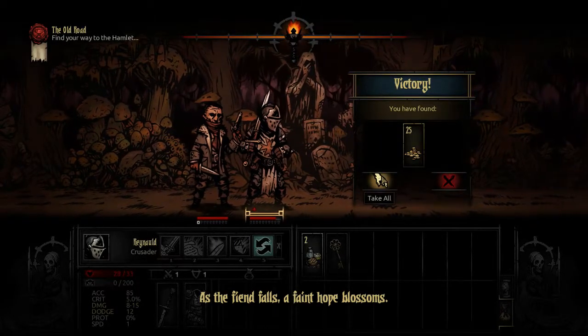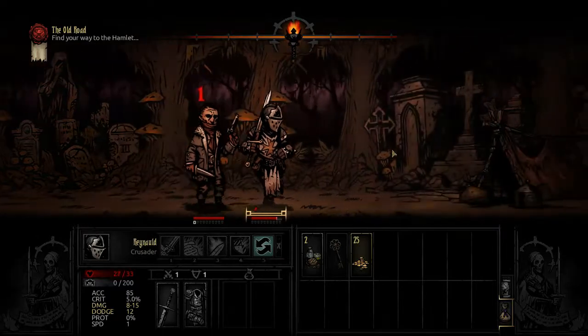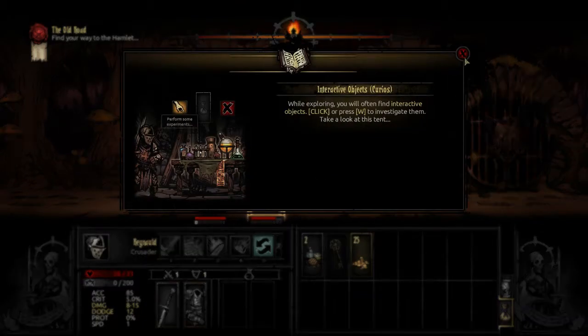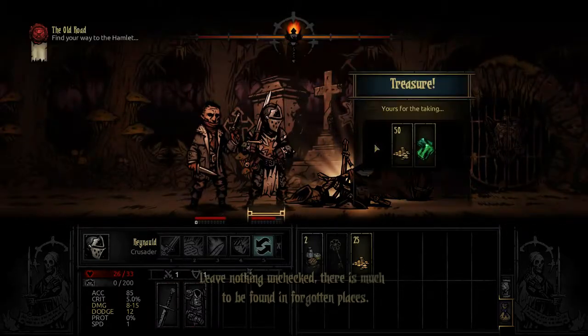Damage over time attacks completely ignore protection, so they're useful to have. And here we have curios. Curios are basically things that you interact with the world for a chance at getting...